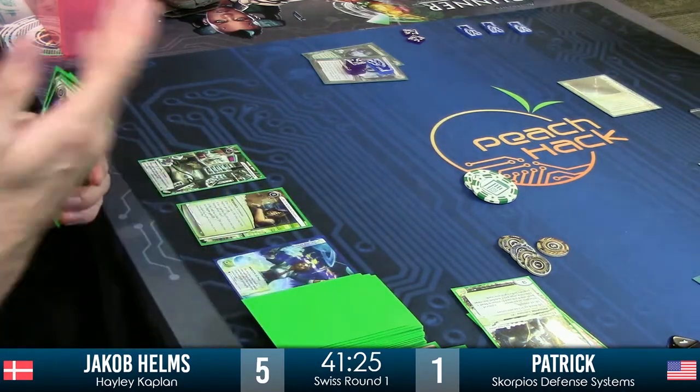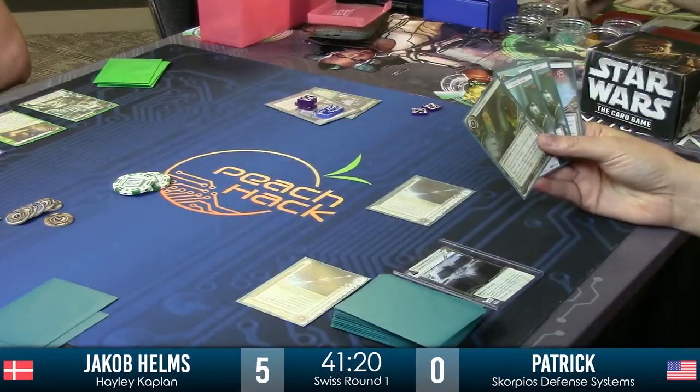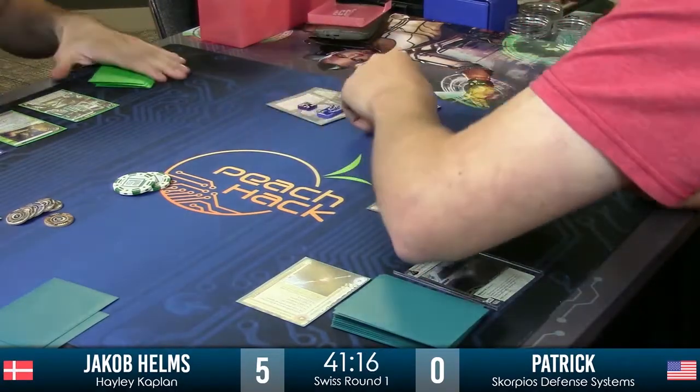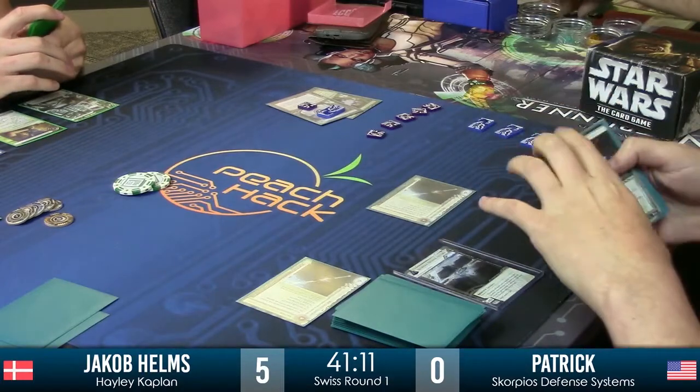I don't think we've seen Hayley's ability here trigger that often for Jacob. No. It's just the order in which he's drawing it. Yeah, that's fine. It happens. I think with IDs, obviously you want it to happen. It's the pretty core principle of the deck. But Patrick